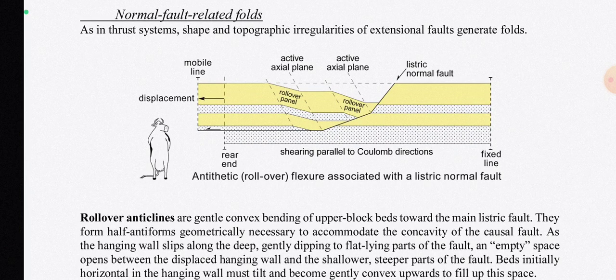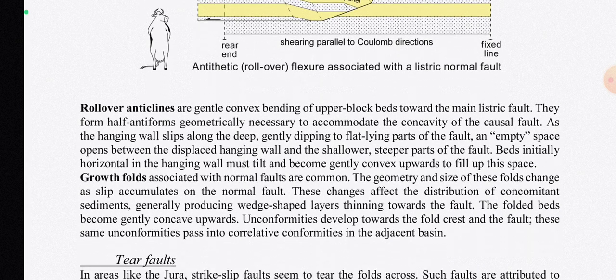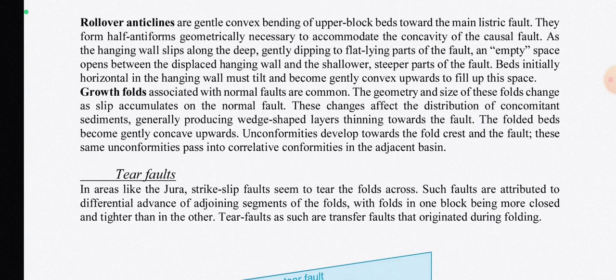Normal fault related folds. As in thrust systems, shape and topographic irregularities of extensional faults generate folds. Now, rollover anticlines are gentle convex bending of upper block beds towards the main listric fault. They form half antiforms geometrically necessary to accommodate the concavity of the causal fault. As the hanging wall slips along the dip, gently dipping to flat-lying parts of the fault, an empty space opens between the displaced hanging wall and the